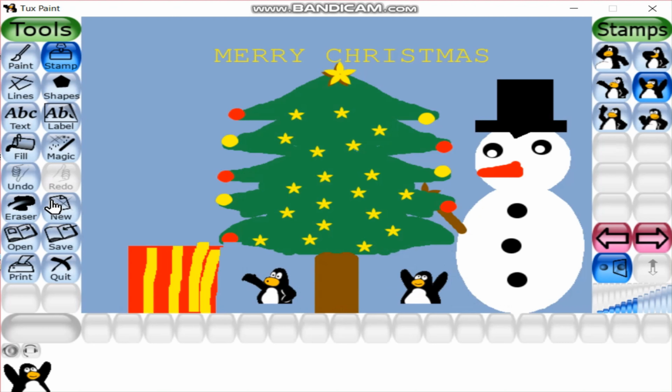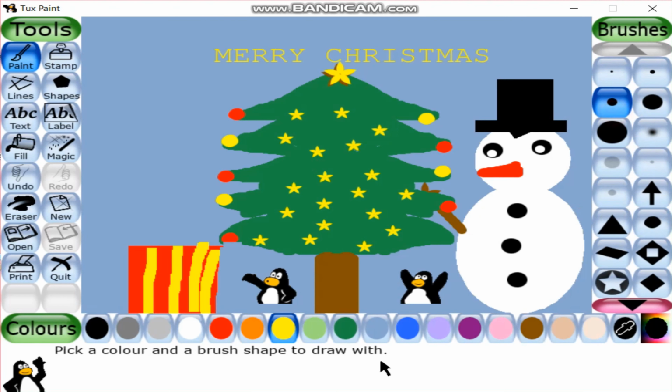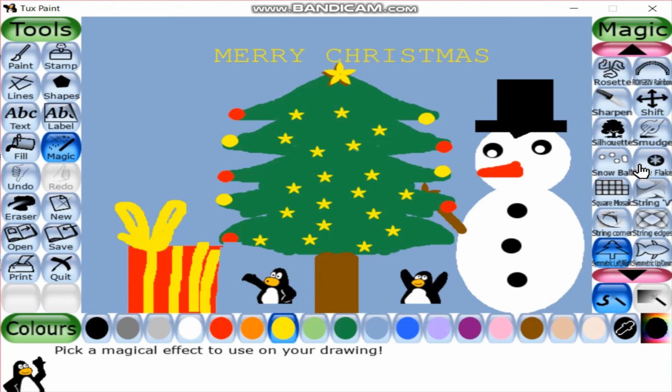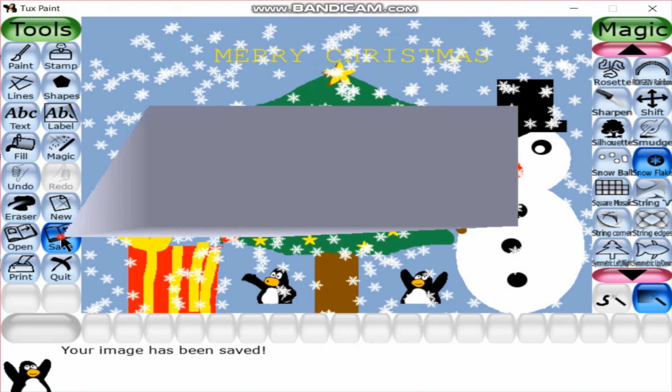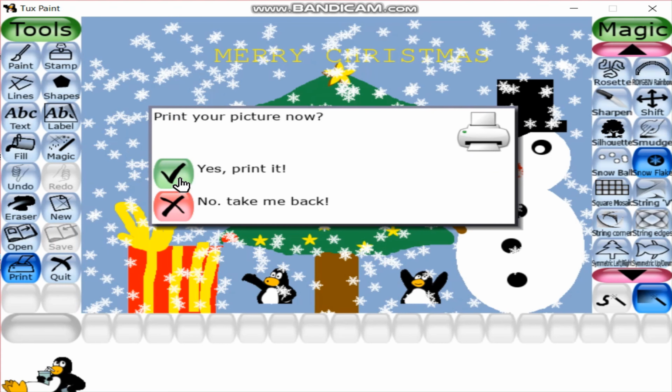Using the save option, you can save your drawing. Using print, you can print your drawing.